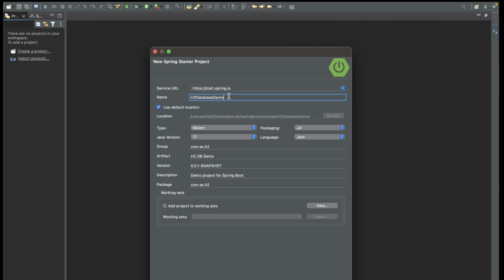Okay, then here we need to provide the group ID. So maybe we can give com.sjprogramming.h2demo. Okay, and the same we can give as a package here. Now the artifact we will keep as h2dbdemo, and then in the description I will just write demo project